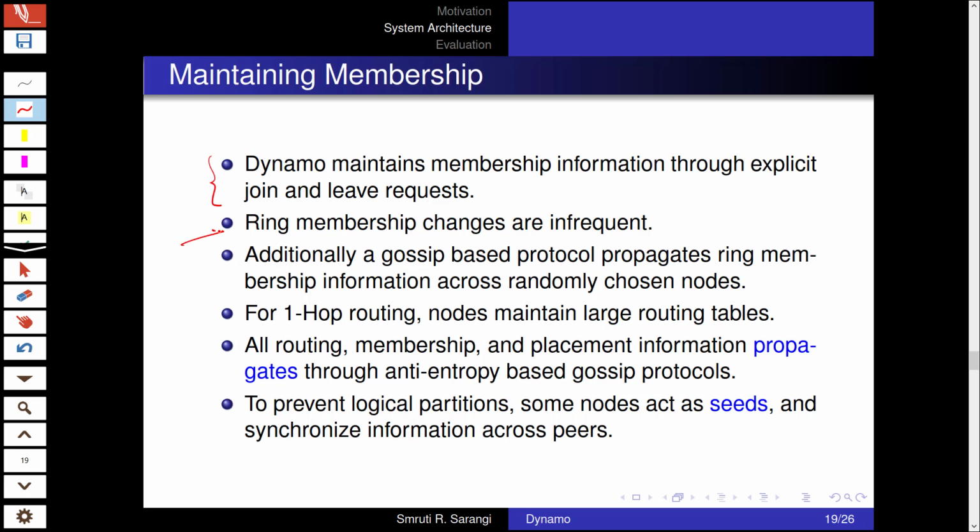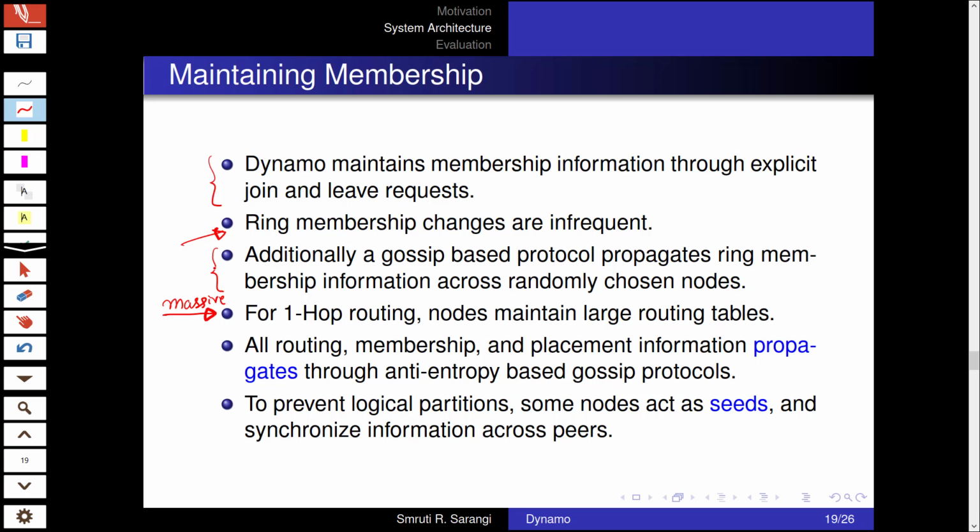So ring membership changes are infrequent. Additionally, a gossip based protocol, which we have seen different forms of gossip, exchanges ring membership information across randomly chosen nodes. Now why is this important? Well, the reason it is important is that in Dynamo, the routing tables are massive. They are huge routing tables where we aim for pretty much one hop routing.